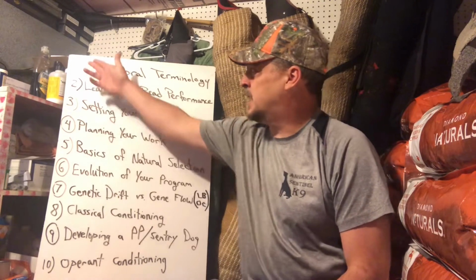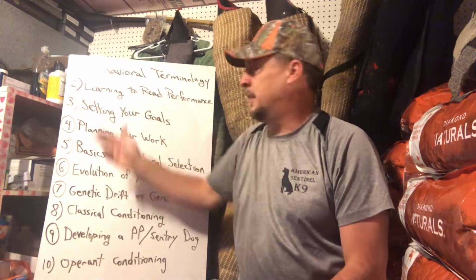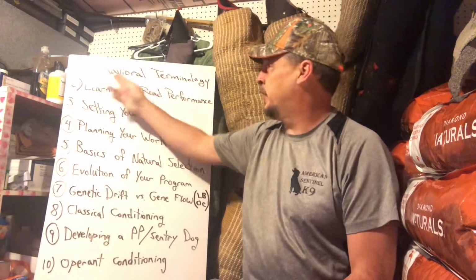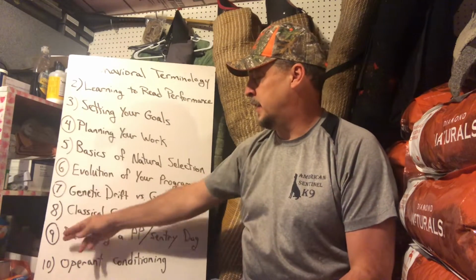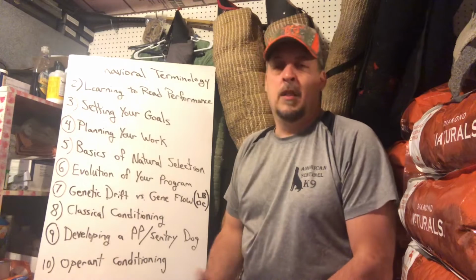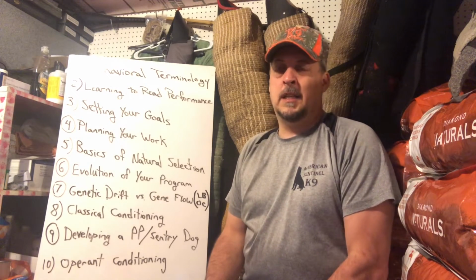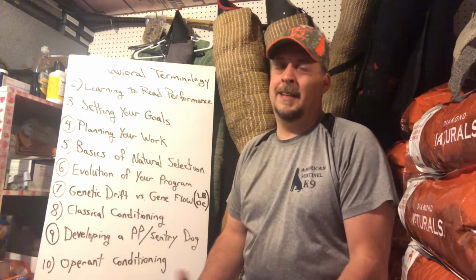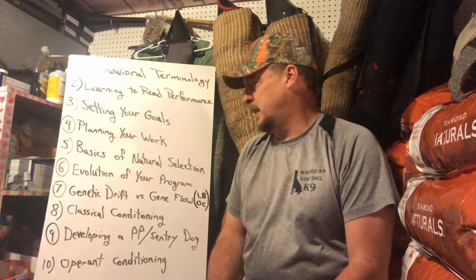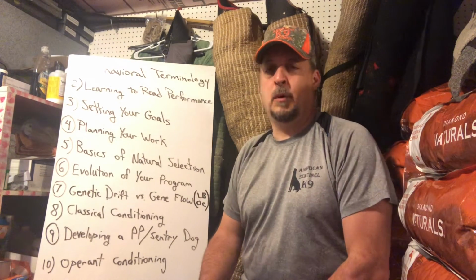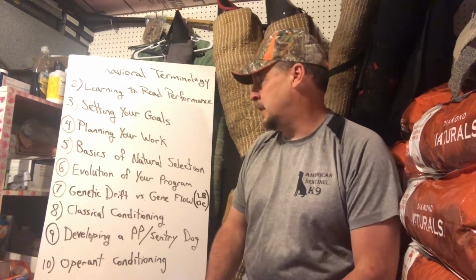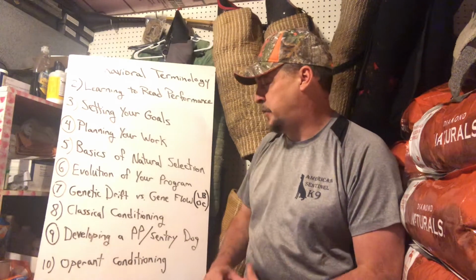Now you'll notice that some of them have a parenthesis behind the number, like number 1, parenthesis, behavioral terminology, and then some of them, like numbers 4, 6, 7, and 9, have circles around them. Those videos won't be listed on our YouTube channel, at least not at this time. That's not my intent. Those videos will be on my Patreon page for those who wish to support us for this knowledge. And the reason why I selected some of them to circle and put on the Patreon page is